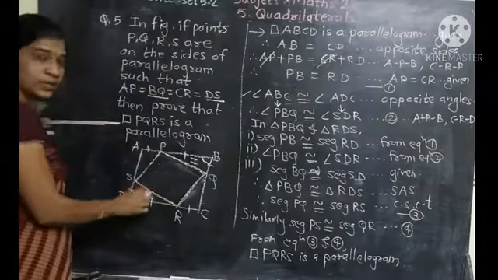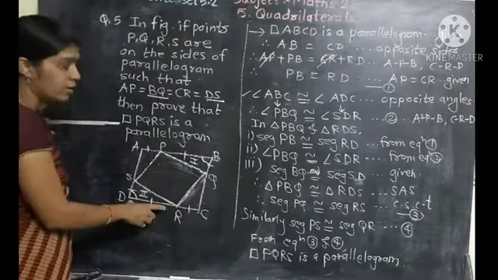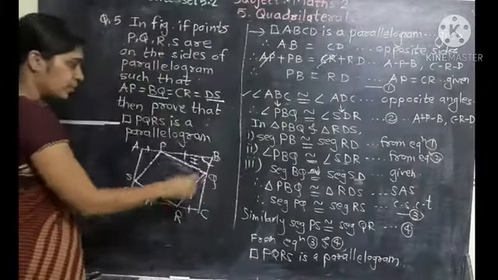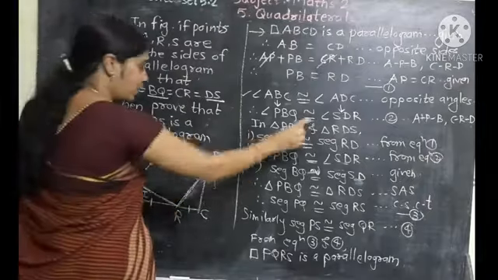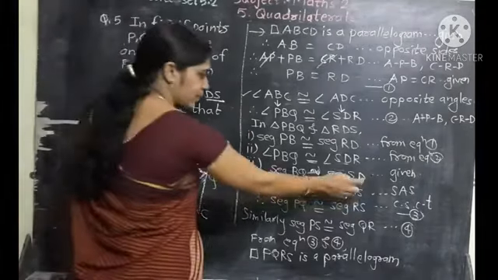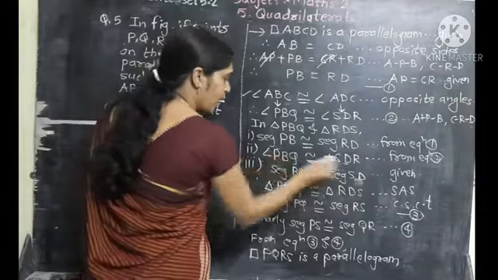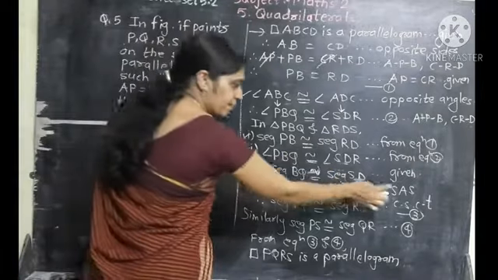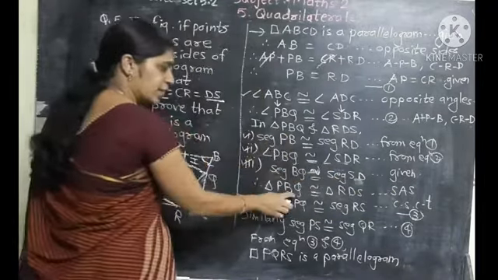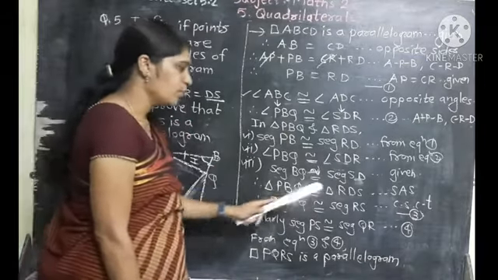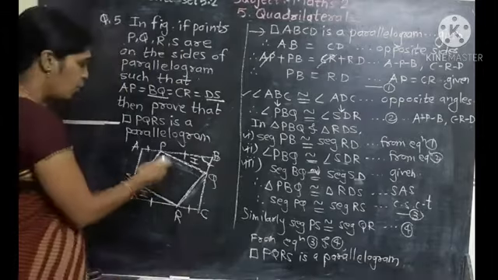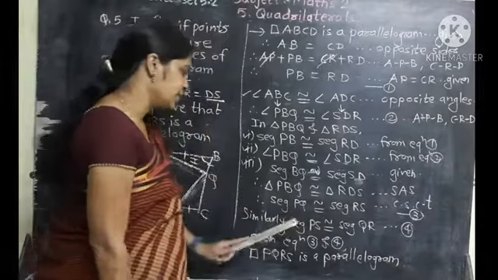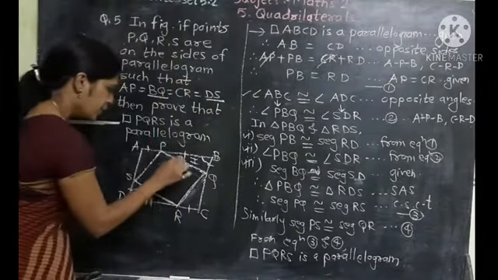In these both triangles, see what is given. PB is congruent to DR, from equation number 1, angle B is congruent to angle D, from equation 2, and BQ is congruent to SD. So these both triangles are congruent by which test? Side angle side. By the SAS test, these both triangles are congruent. If the triangles are congruent, then the corresponding sides, what remains? PQ and SR. PQ is congruent to RS. Okay? PQ is congruent to RS.